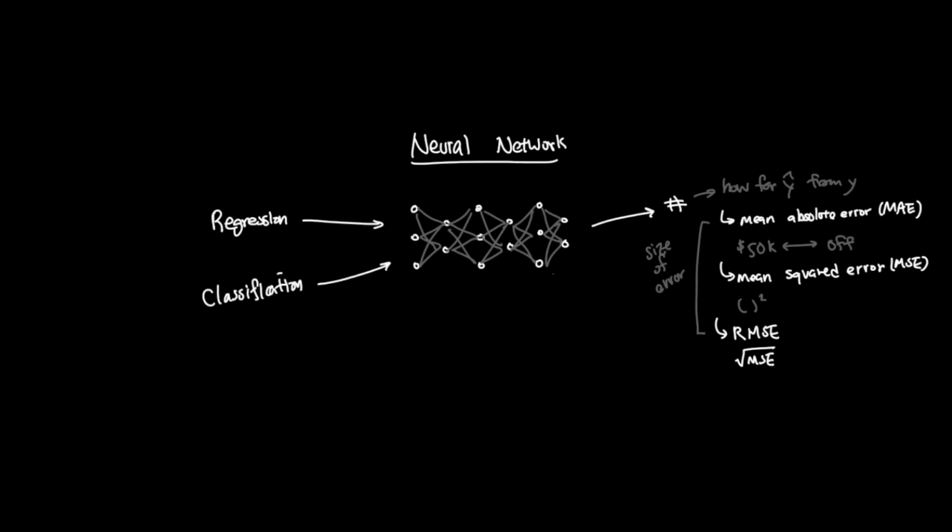Classification is different because the model predicts the category. For MNIST, the model predicts the digit from 0 to 9. For spam detection, it predicts spam or not spam. The simplest classification metric is accuracy. Accuracy asks what percentage of predictions the model got right. If an MNIST model correctly classifies 98 out of 100 digit images, its accuracy is 98%.